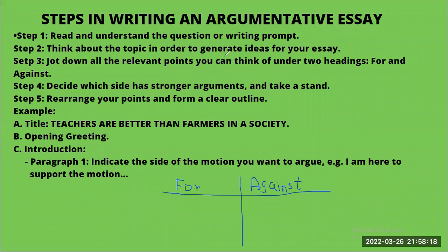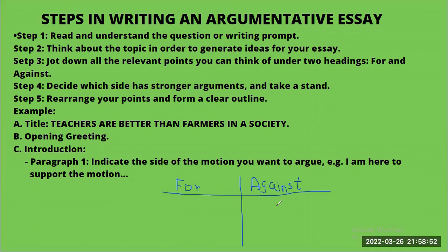You jot down the points that are in support of the topic. Whatever ideas or points come to your mind, you jot them down. Points that support the topic. Points in favor of the motion. Then on the other hand, you jot down also points that oppose the motion. All right, so when you jot down all the points that come to your mind, then you look at the